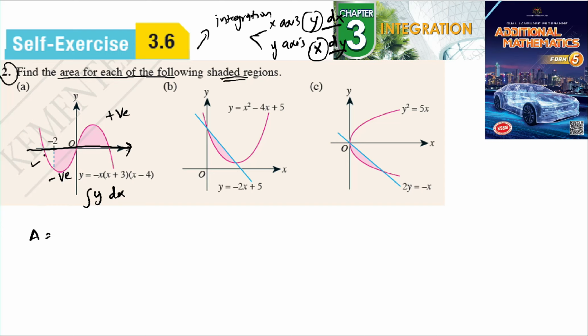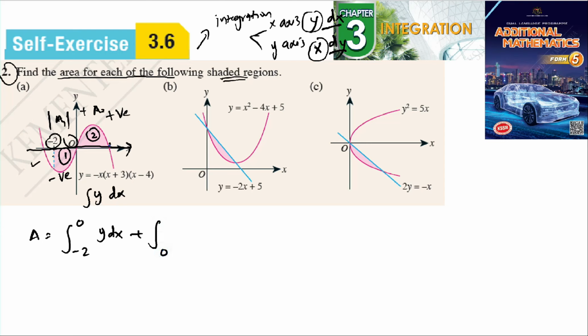So what we need to do is that this one is area 1, this one is area 2. For area 1, you need to put the modulus function so that you will get a positive value for area 1, and then you can add up with area 2. Okay, so for this integration, you have to put from where to where. So you see this one is from negative 2 to 0. So negative 2 to 0 y dx plus, so area 2, you see here is from 0 to, okay,